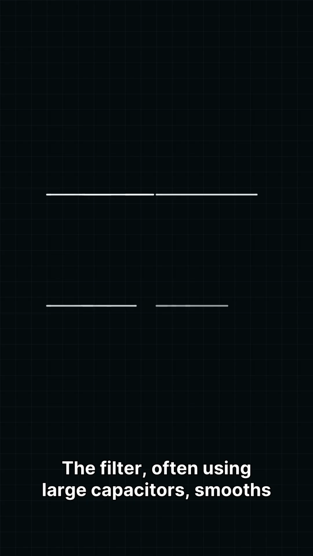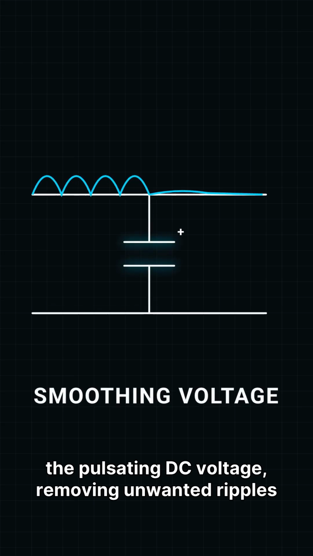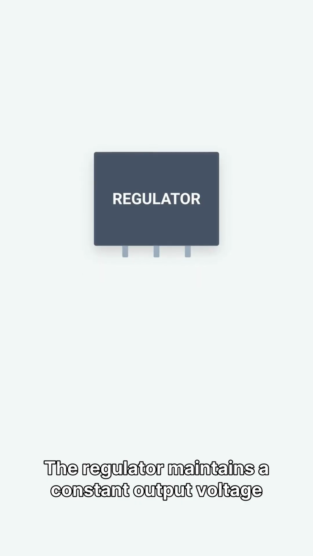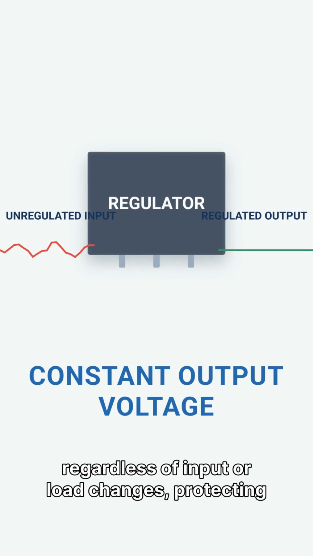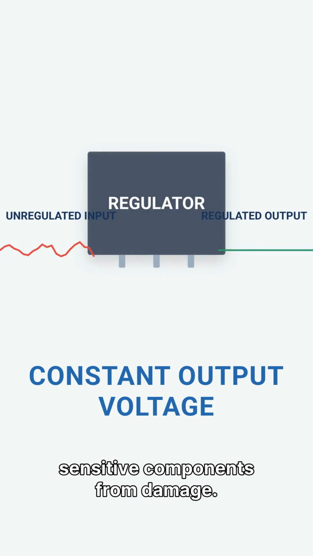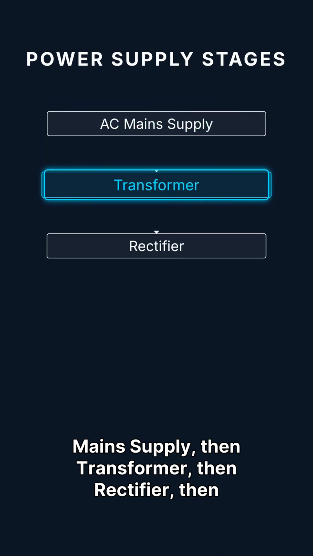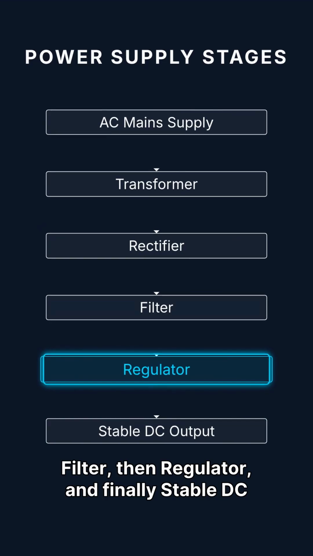The filter, often using large capacitors, smooths the pulsating DC voltage, removing unwanted ripples to produce a cleaner DC output. The regulator maintains a constant output voltage regardless of input or load changes, protecting sensitive components from damage. The flow can be summarized as AC main supply, then transformer, then rectifier, then filter, then regulator, and finally stable